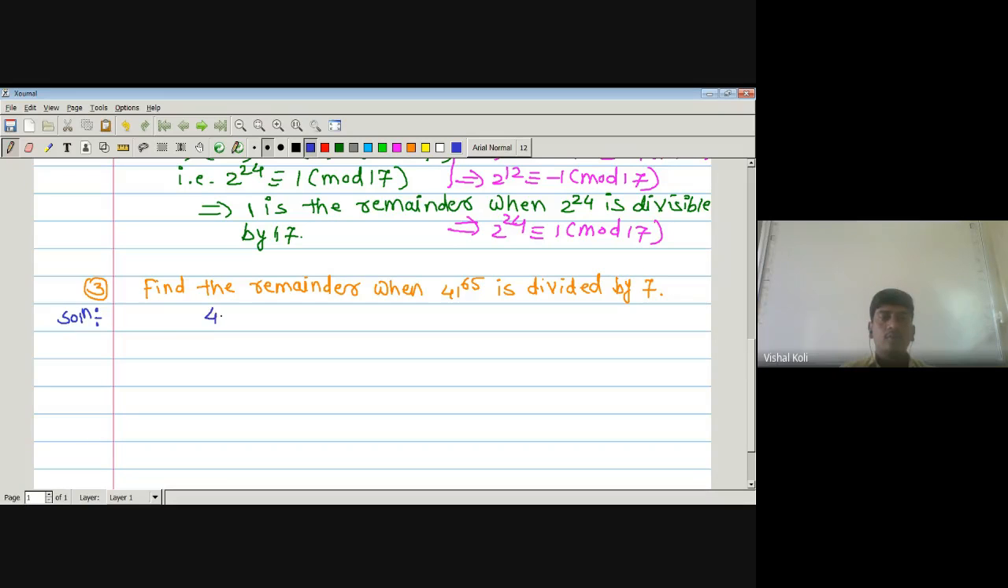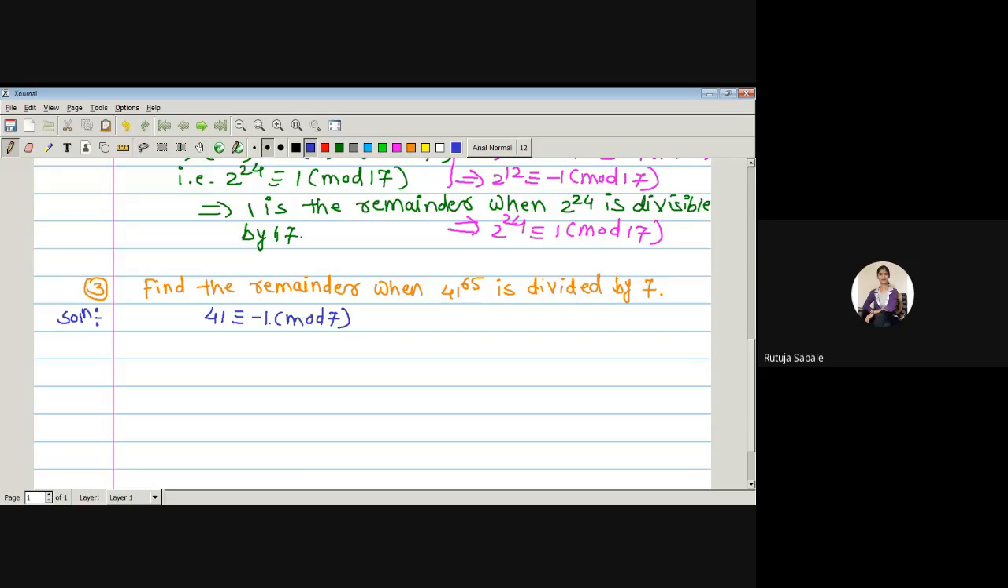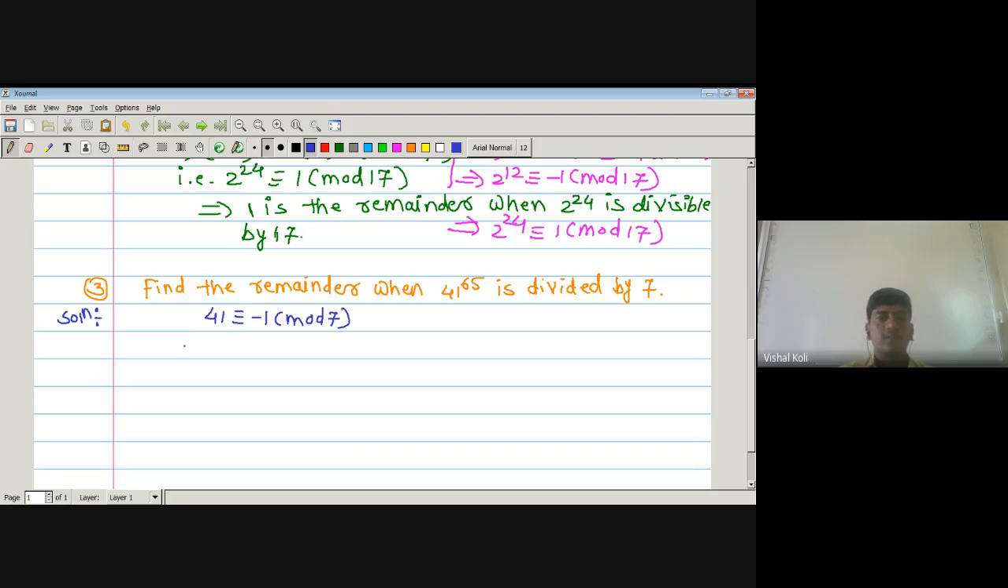41 is congruent to -1 modulo 7. ओके, येस करेक्ट. 41 इज कॉन्ग्रुएंट टू -1 मोडुलो 7. ओके, म्हणजे तुम्हाला ऑलरेडी रिमाइंडर स्मॉल मिळालाय. तुम्हाला काय पाहिजे? 41 टू दी पॉवर 65. -1 टू दी पॉवर 65 तुम्ही इझिली सांगू शकता. देन टेक द व्हॅल्यू ऑफ k इक्वल टू 65 which implies 41 टू दी पॉवर 65 इज कॉन्ग्रुएंट टू -1 टू दी पॉवर 65 modulo 7. -1 to the power 65 is -1, which implies 41 to the power 65 is congruent to -1